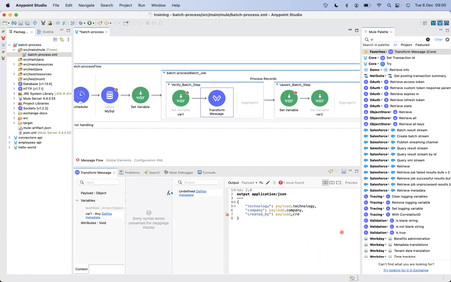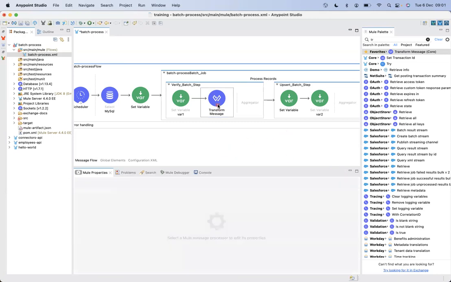payload dot created by. And even if there are different field names on the target system, we can do that particular transformation also, mapping and transformation within these particular batch steps, and we can perform the insert or update operation on the target system. Technology, created by, and here